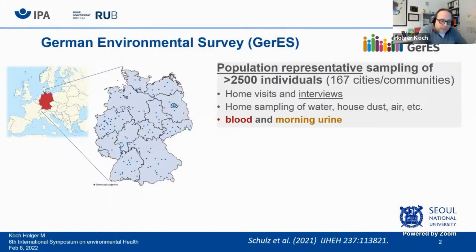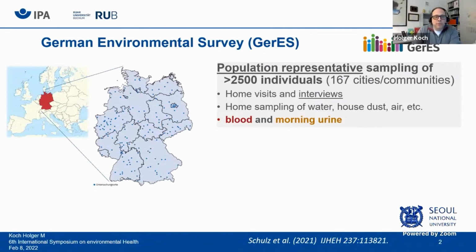One of the big population studies we have in Germany is the German Environmental Survey. It's a population representative sampling of around 2,500 individuals. You see the map of Germany here to the left, in the center, in the heart of Europe, and you can see the 167 cities and communities that are used